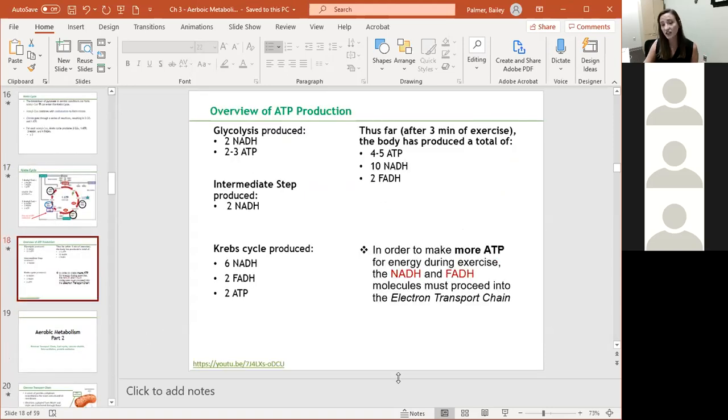Also, this slide here is important to know. There's going to be a question on there that's talking about all these byproducts before we enter into the electron transport chain. So you do have to be familiar with, if I start with glucose, how many ATP and NADH are produced in glycolysis, how many are produced in the intermediate, and how many are produced in the Krebs. You also have to be able to do that simple math and get our total so far after about 3 minutes of exercise before we enter into